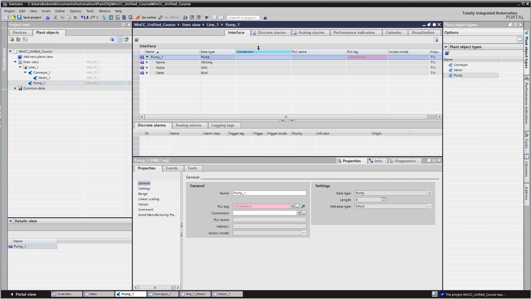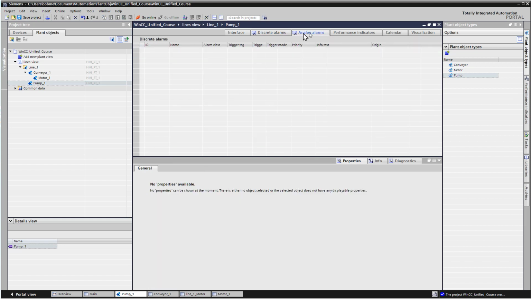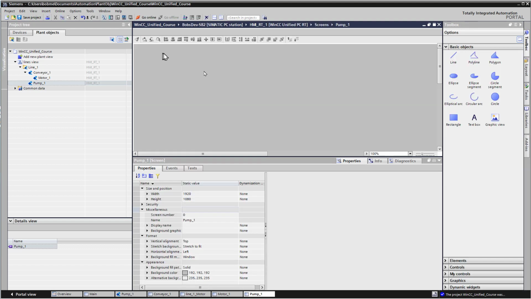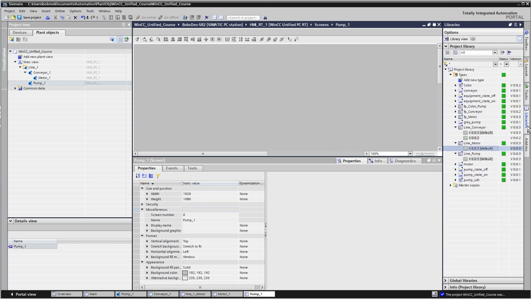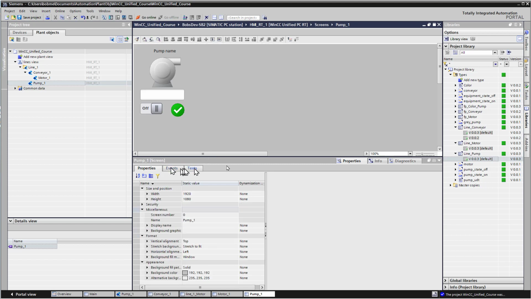And I always like to start with the interface, where we choose our connection. And we choose production lines, line 1 pump, none. And our pump, we didn't do any alarms on. So we'll go straight to visualization. There's our faceplate. And then we'll just right click, open, and do the same steps. And go to my library, grab my pump, pull this in, set my size,